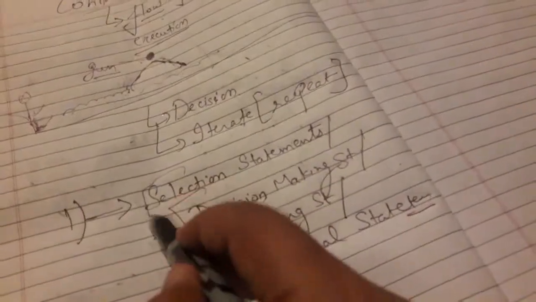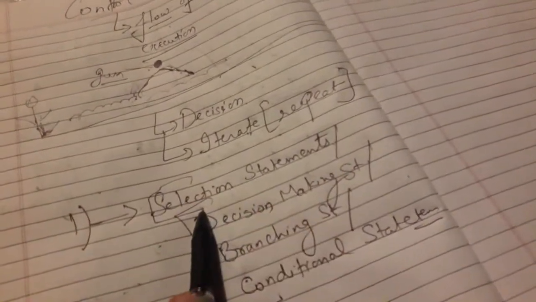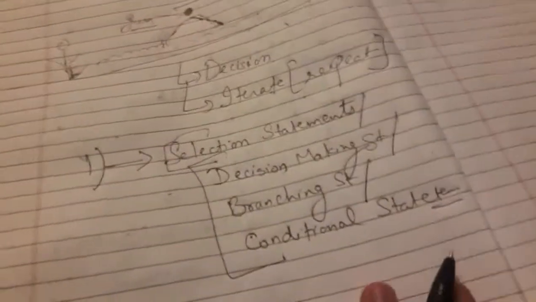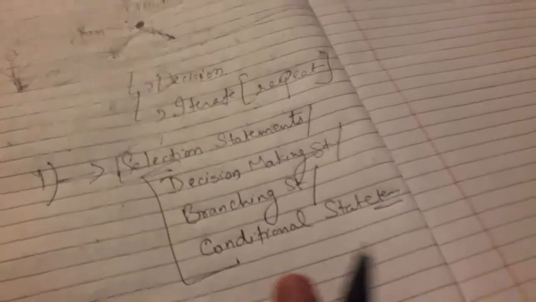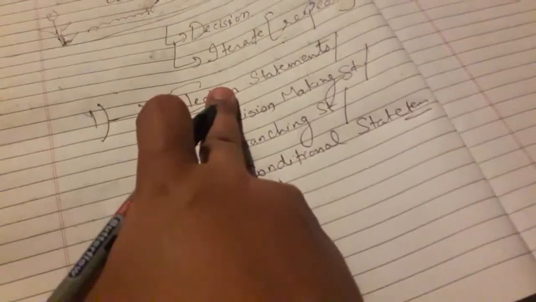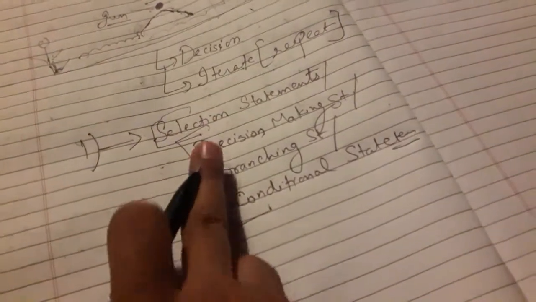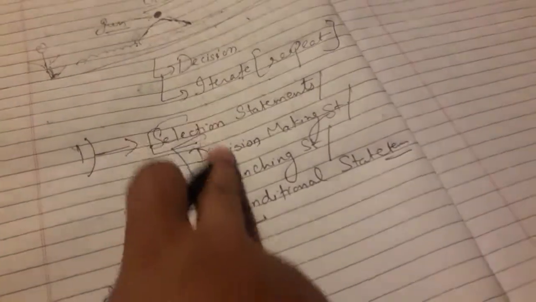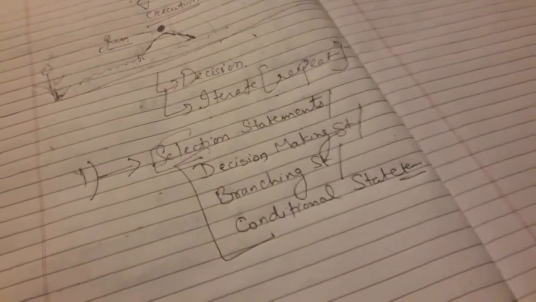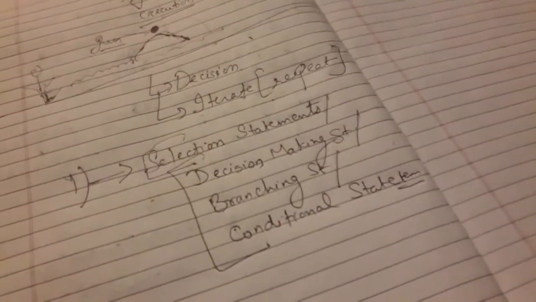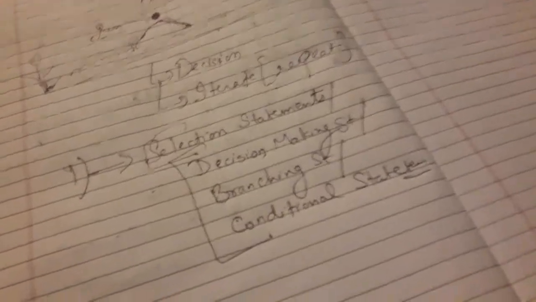This is one more, selection statement. Selection statement is actually only one statement, that I told you, right? Actually I am combining that statement in this, that's why I am writing this together. So the first one is this one, whether you call it as selection, decision making, branching, or conditional, these are all the same statements, right? We are representing the same statements under this category.